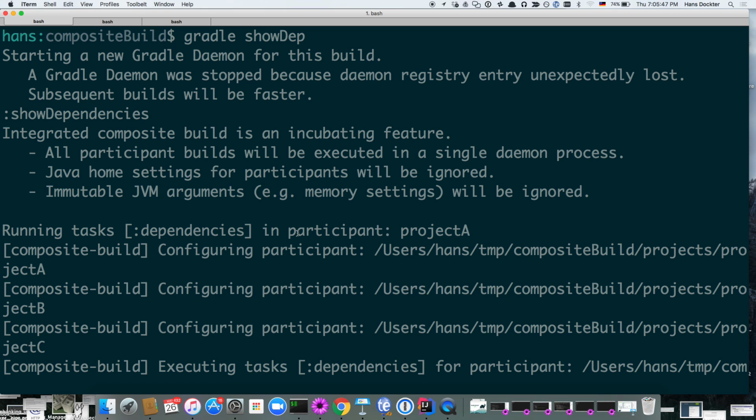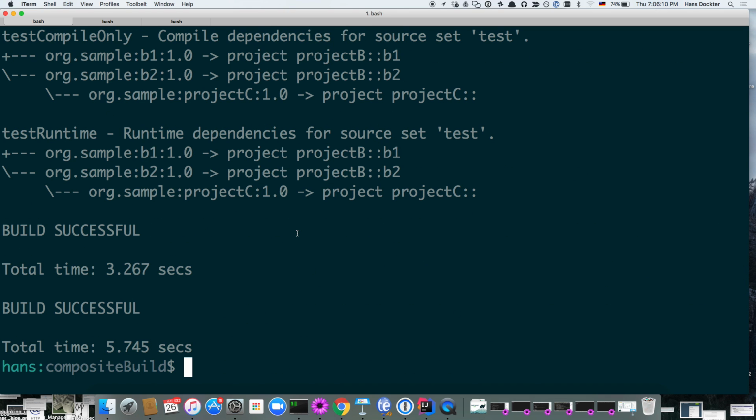But eventually those builds can have even different Gradle versions, and it will work, right? Different daemon settings, different whatever, right? So they are decoupled, but still the output and the input relations are honored, and you can work with them as if they were one build, right? And this works already